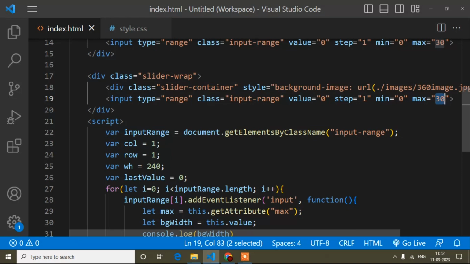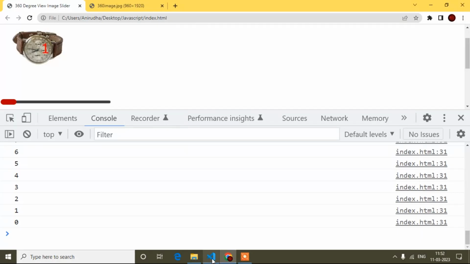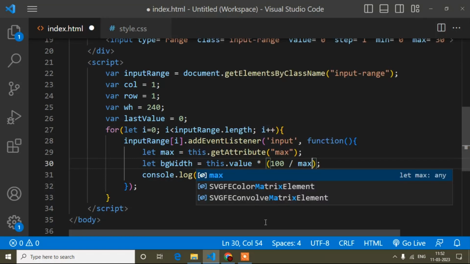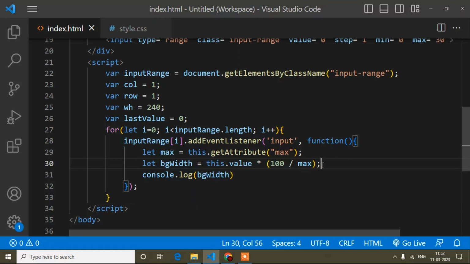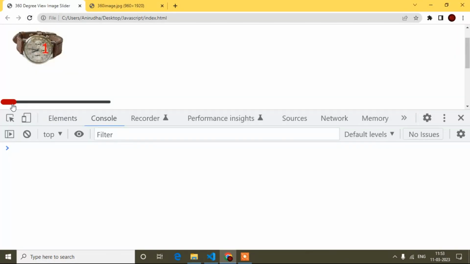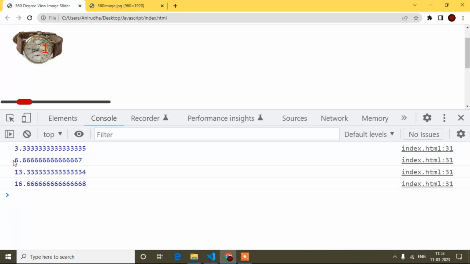So here I have to write one condition: this.value multiplied by 100 divided by max. Why am I writing this condition? When I move this and reload, I'm getting values like 13.